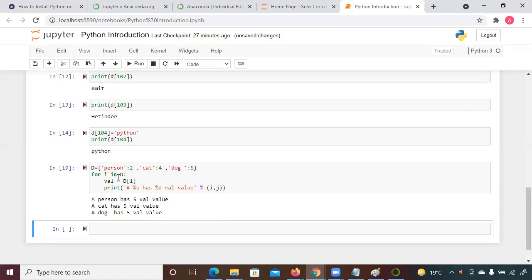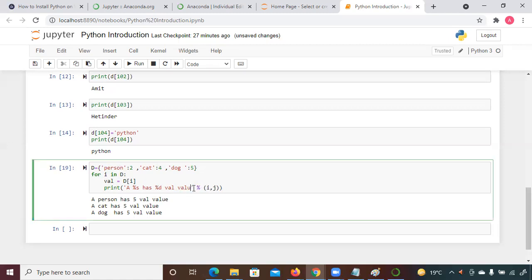So for i in d, val = d[i], print %s has %d, val, okay, %i, and here val will come.